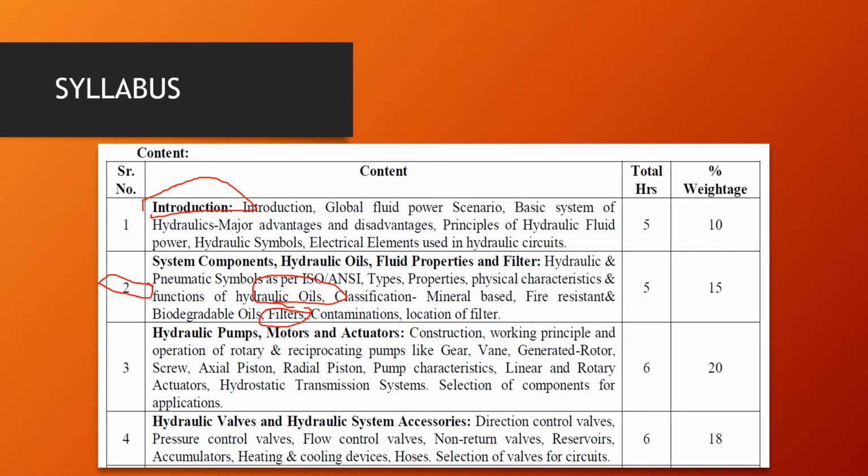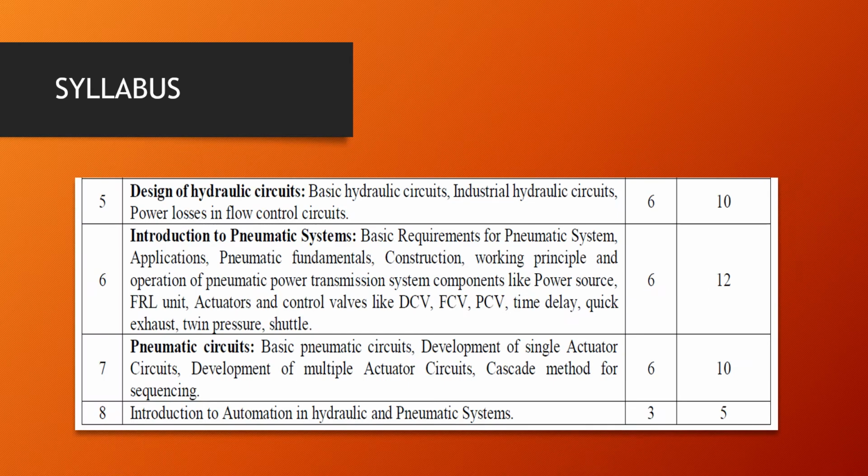About different pumps, motors, and actuators, we will study in the third unit of this syllabus. A hydraulic system never works without supportive accessories and different types of valves. We are going to study all the different parts which are used in a hydraulic system in the fourth unit. After completing the study about different parts and elements of the hydraulic system, we are going to study the assembly of all parts and how to make a hydraulic system in the fifth unit.